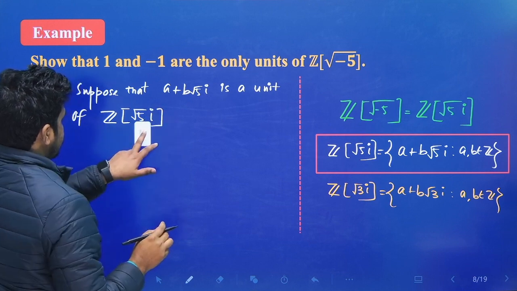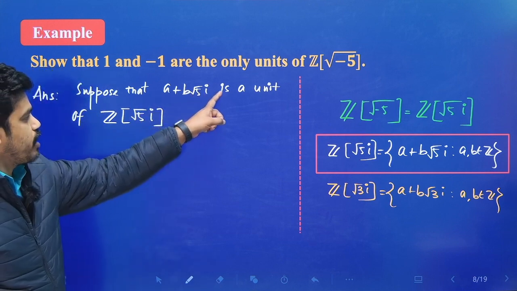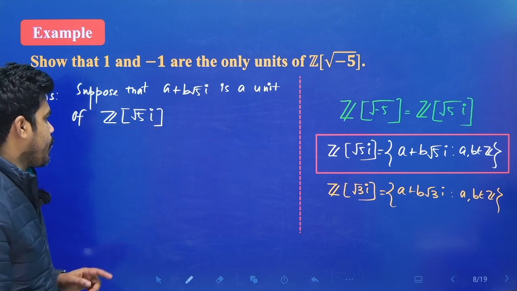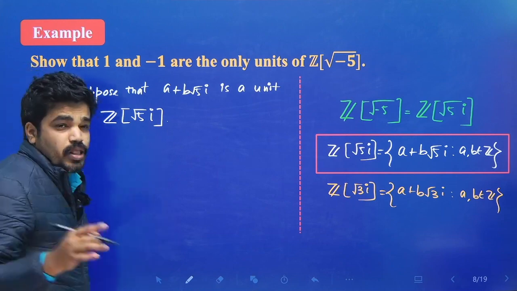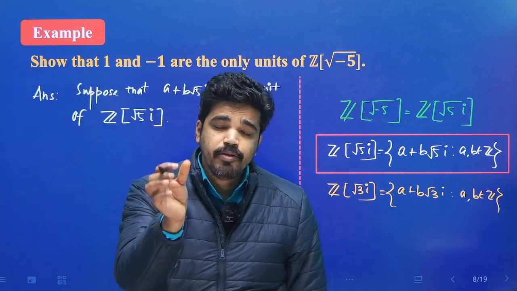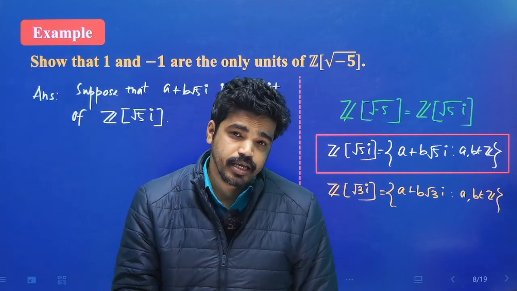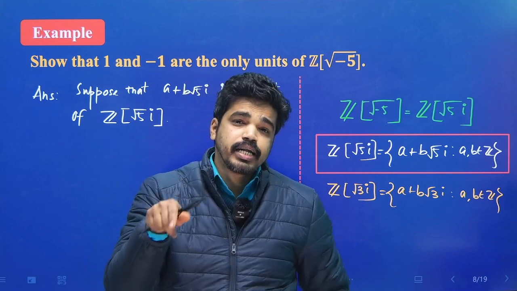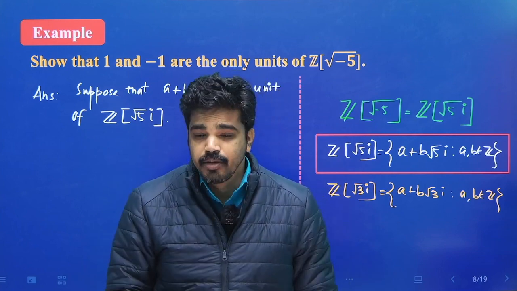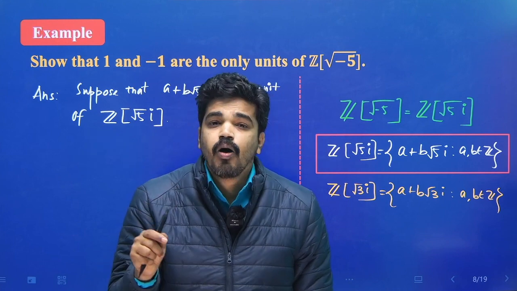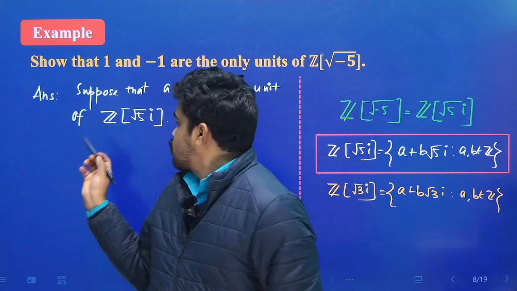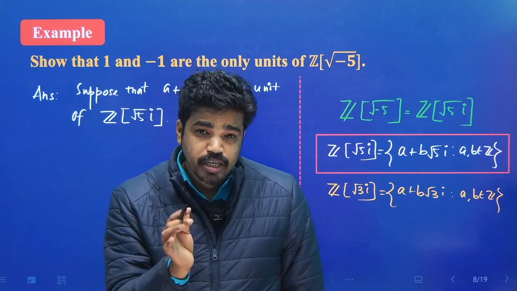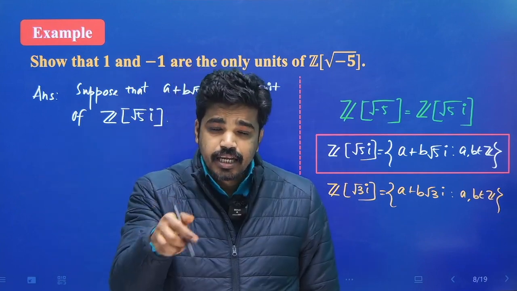Suppose that a plus b root 5i is a unit of Z[root 5i]. Just recall the definition of unit. An element a is said to be a unit if there exists another element b such that a dot b is equal to the identity element, that means a dot b is equal to 1 or b dot a is equal to 1. So we consider a plus b root 5i, which is a unit element, so there exists another element,